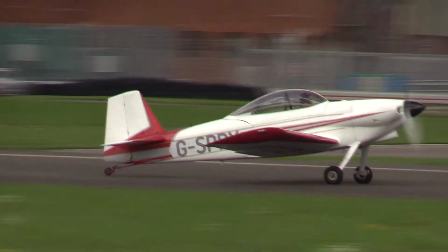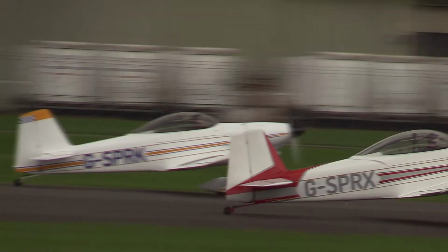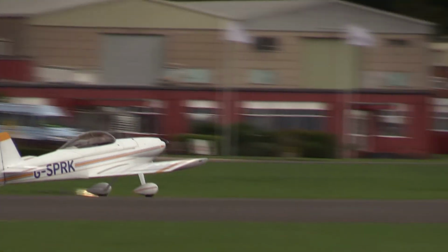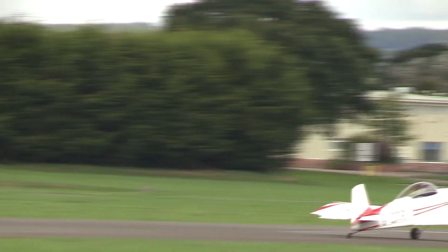Thank you. Now, taxiing out in front of us now, we have two RV4s. These are wonderful aeroplanes. I was trying to remember the name of the guy. It's a Dutch name, Richard van der something, but I forgot to write it down, and I can't remember it